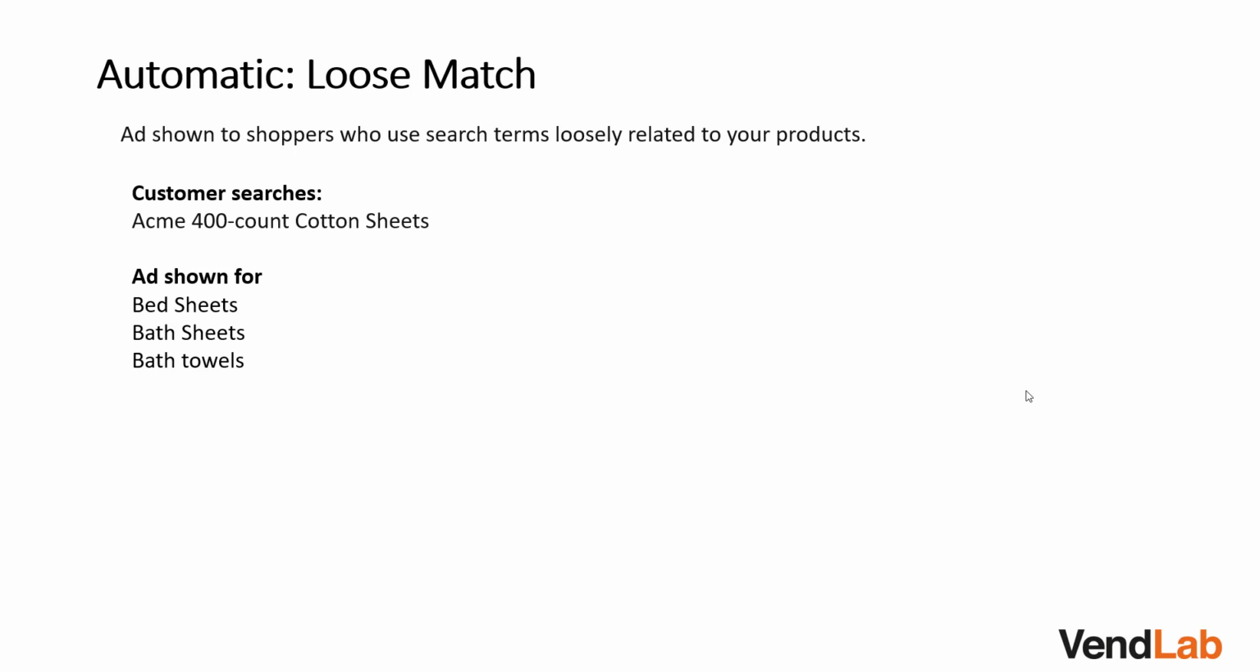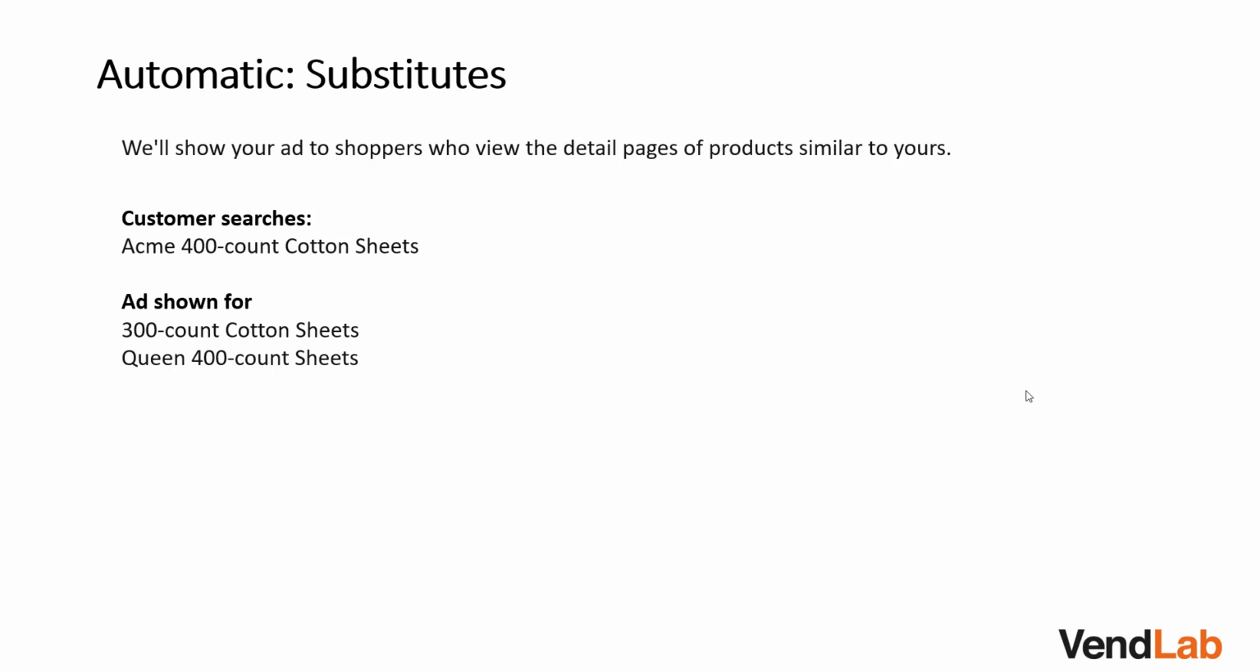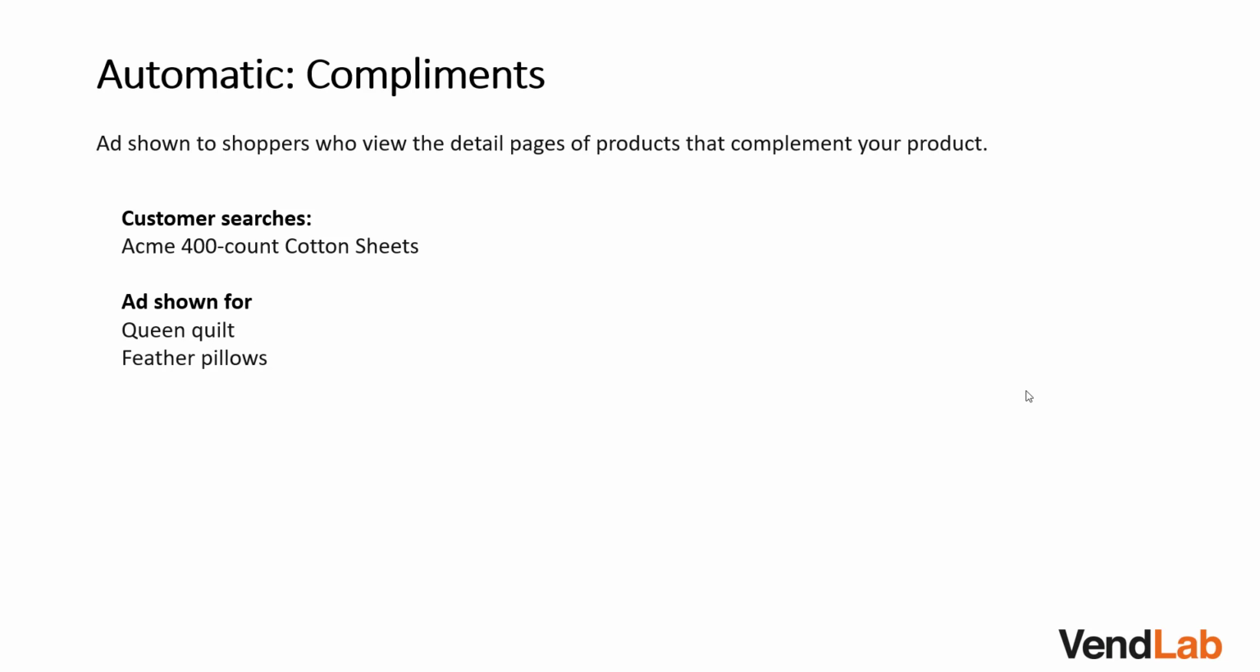The next option is loose match. This is where the ad is shown to shoppers who use search terms loosely related to your products. So for example, for the same search, Acme 400 count cotton sheets, the ad will be shown for related terms such as bed sheets, bath sheets and bath towels. Substitutes is where the ad is shown to shoppers who view detail pages of products similar to yours. So for the same Acme 400 count cotton sheets search, the ad will be shown for 300 count cotton sheets or Queen 400 count cotton sheets. Finally, complements. So this is where the ad will be shown to shoppers who use details of product pages that complement your product. So for the search 400 count cotton sheets, it would be shown for similar products which are